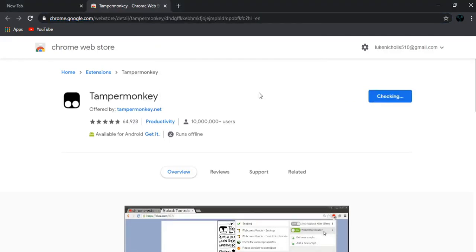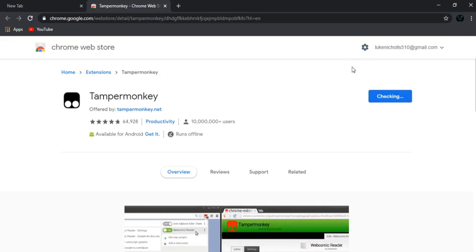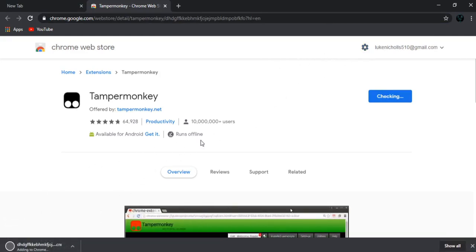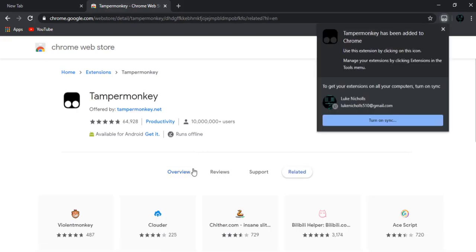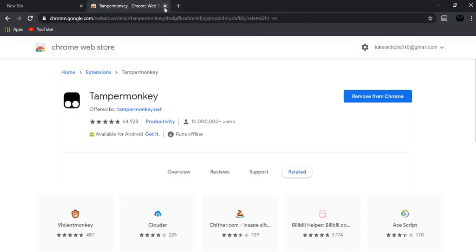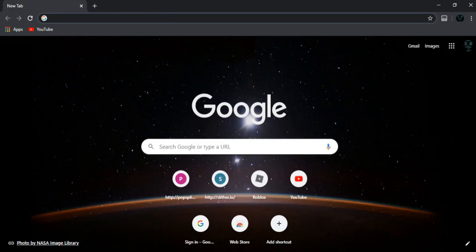I uninstalled everything, except for a few things that I didn't want to uninstall because I wanted to keep them on. But in those cases, I'll just show you where it would be different for you. So that should pop up. That always happens whenever you get an add-on for Chrome. And then you can just close that, go back, and then